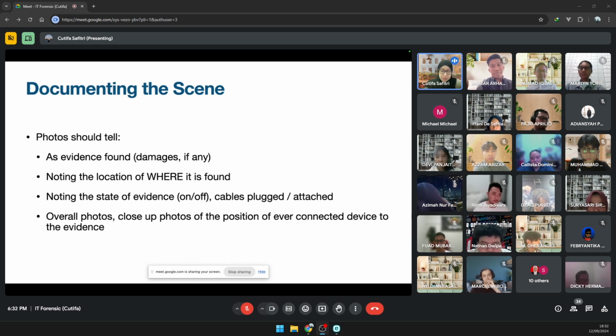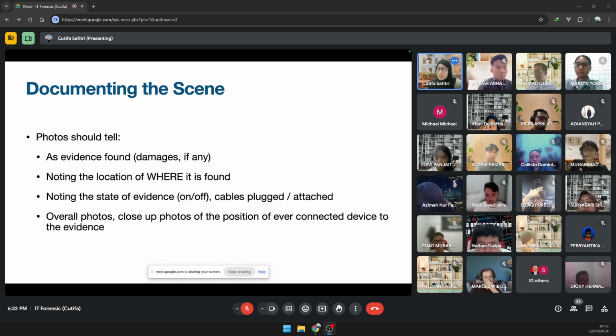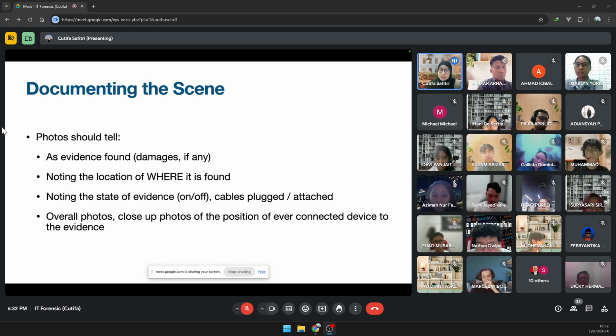Again, as I said, you have to note whether the evidence is on or off when you find it. Usually, if a phone is involved and it is on, you want to keep it on. For example, you can take a picture when you find the battery at 17% or 80%, but you want to keep it on as long as you can. It works differently across manufacturers, but normally once a phone is turned off, the moment it is turned on, another layer of security might be there, and it will hinder you.